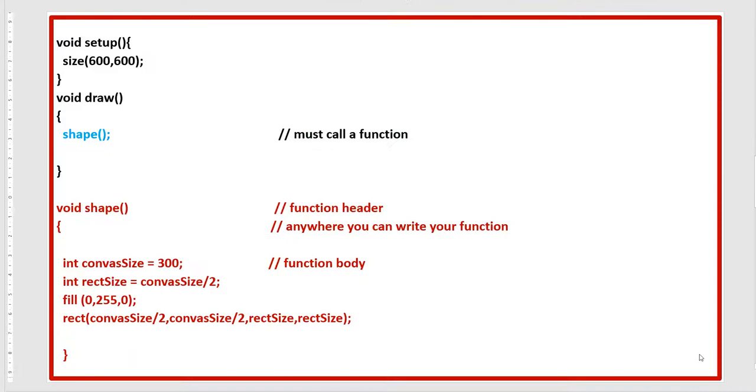Move on to the next one. Here I have made another function for you, and the name of the function in this case is shape. So same thing, void, then the function name, right? This is the syntax: shape, then the parenthesis, and then whatever the requirement is, you have to write down between these two curly braces. If you want, you can start your curly braces from here, just like I have shown you here.